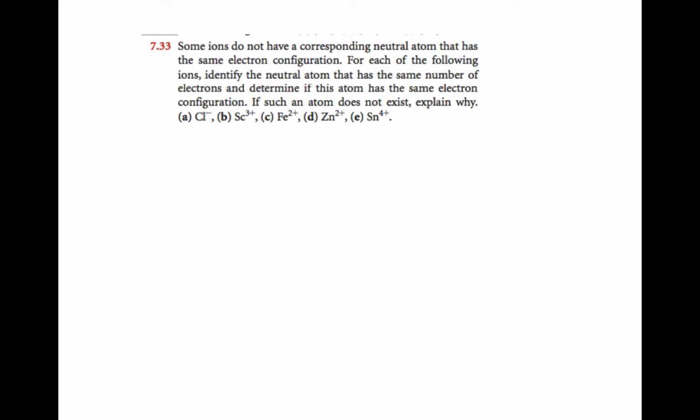Number 33. Some ions do not have a corresponding neutral atom that has the same electron configuration. For each of the following ions, identify the neutral atom that has the same number of electrons and determine if